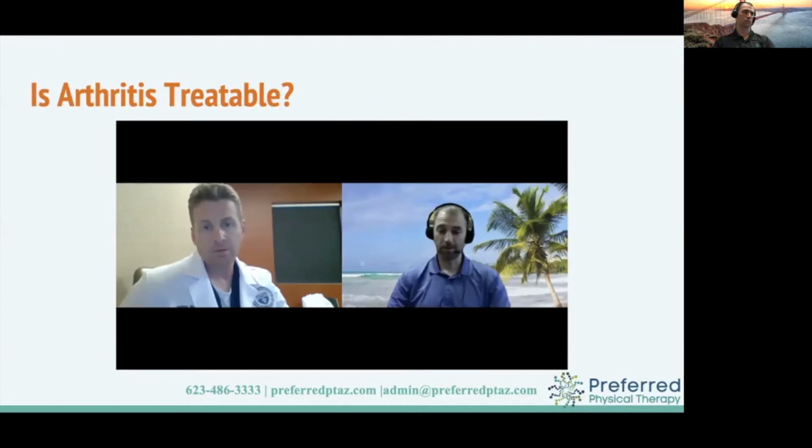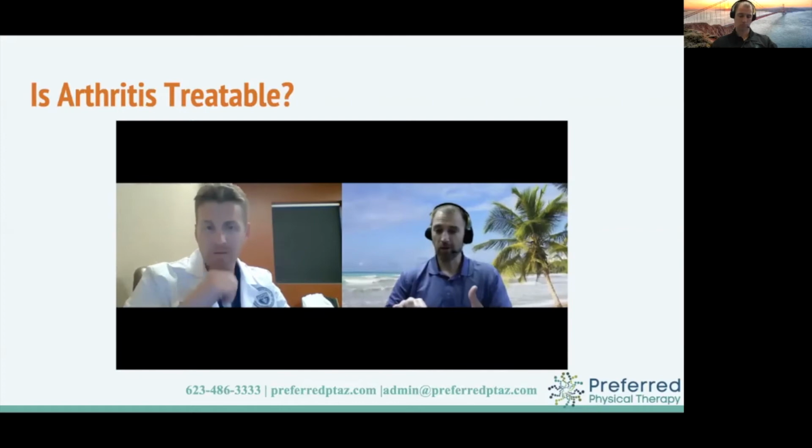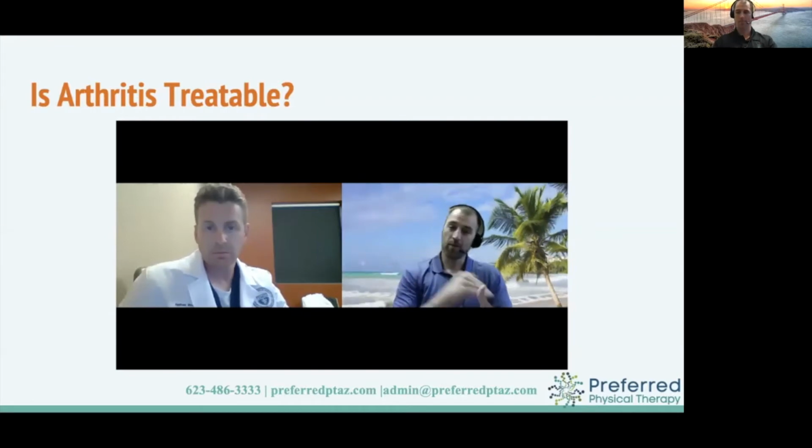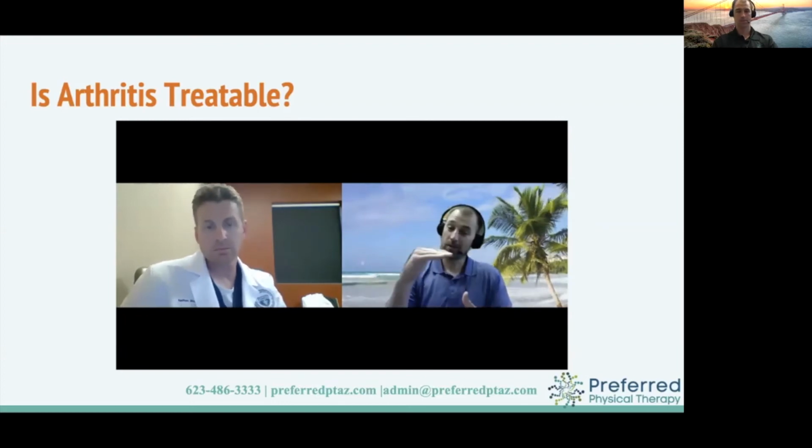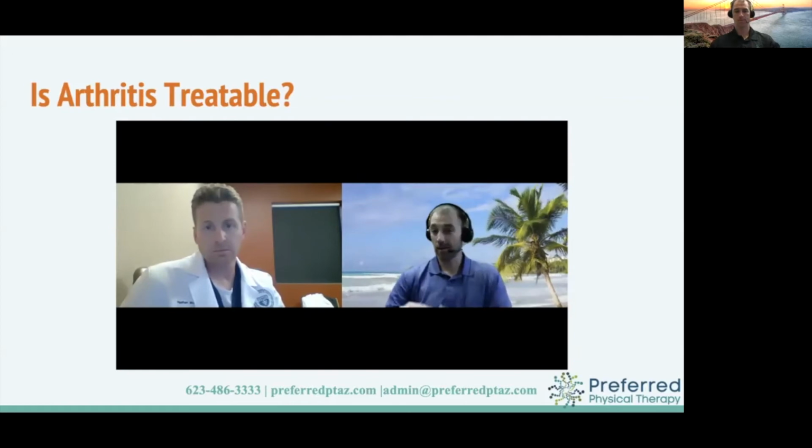That's perfect, because that's right in line with what I tell them too, is your arthritis is there. Nothing we can do about the presence of arthritis in your joints. But what we do next is what becomes very important. It's these changes that we want to make, not only to lifestyle, but also to make sure that we include a dose of regular exercise or activity that is going to be healthy for the joint, so that we can change the curve at which that progression is declining. So that rate at which it tends to fall, we want to change it so that we can really slow it down and draw it across a broader horizon of time, instead of sinking like a rock in the ocean. We want to be able to smooth it out.